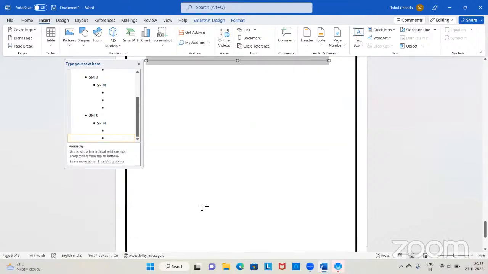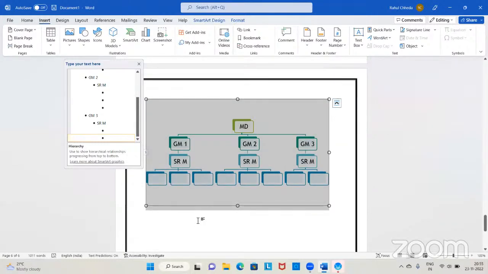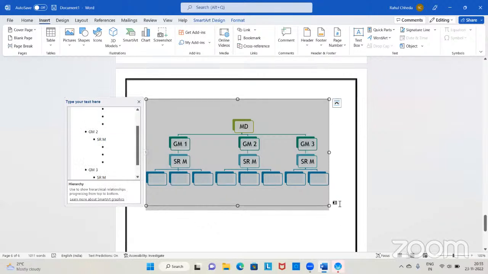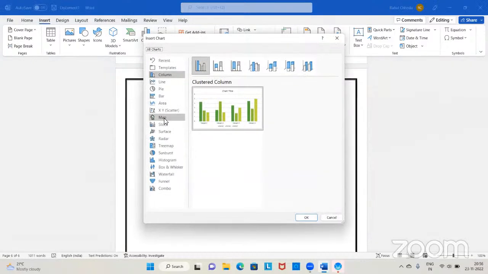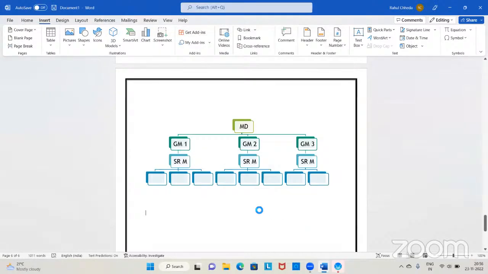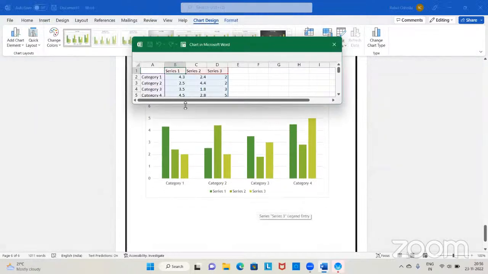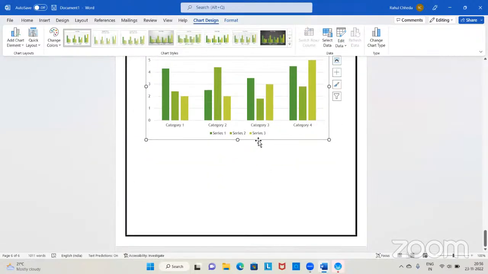You can also work with adding charts to this, as we have seen in the PowerPoint as well. So we have the charts option. So you can select the charts, click OK, and the charts get added. You can replace the series if you want. You can just go on adding the values. Once you have added it, your chart will be there. So you can add charts also in the